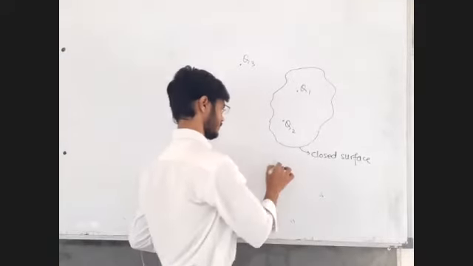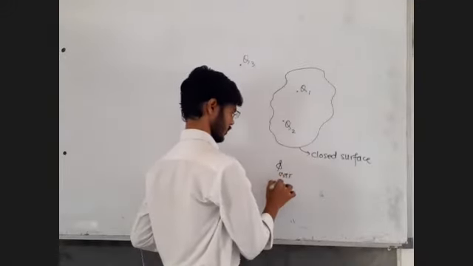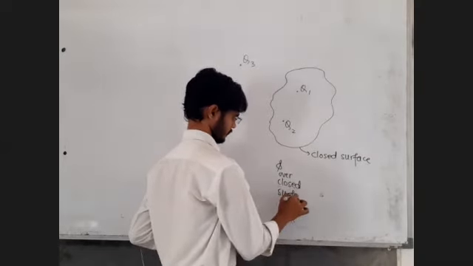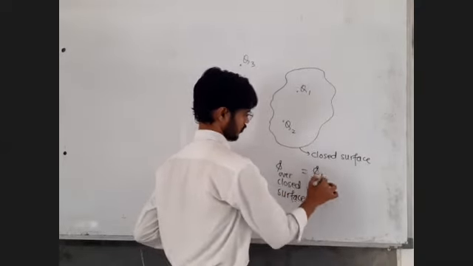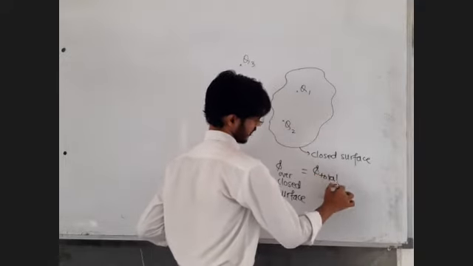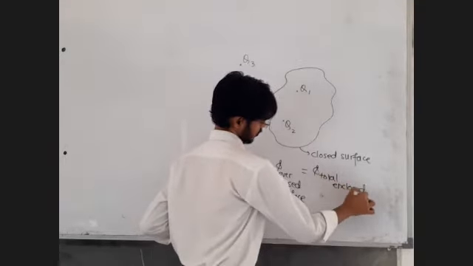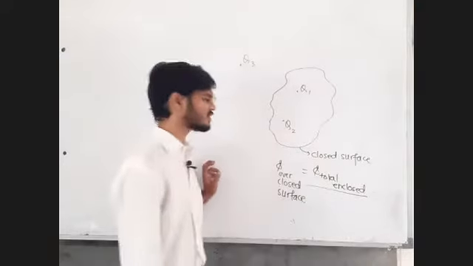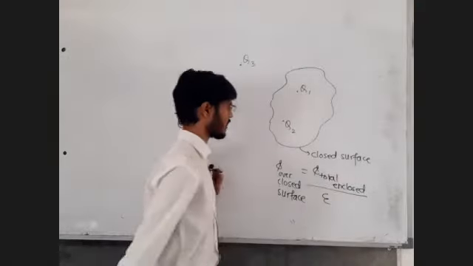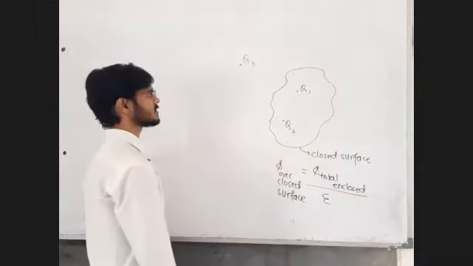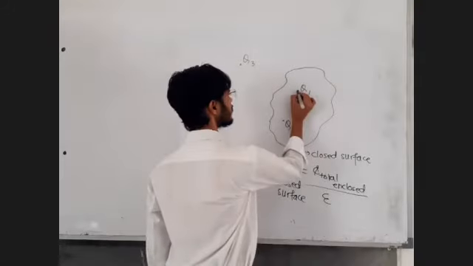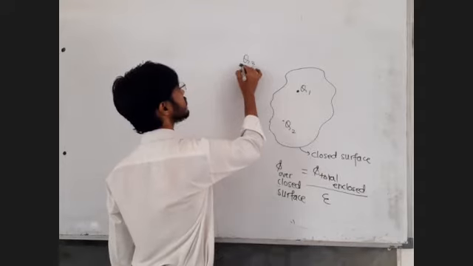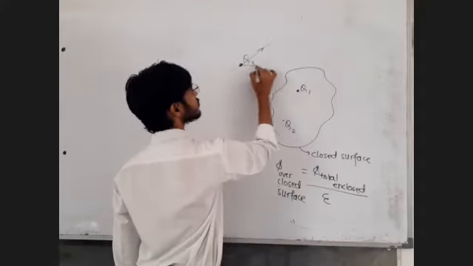Flux over closed surface is equal to total enclosed charge upon epsilon. So why enclosed? Why are the outside charges not to be considered? The reason is very simple. Whatever the lines created by this Q3,